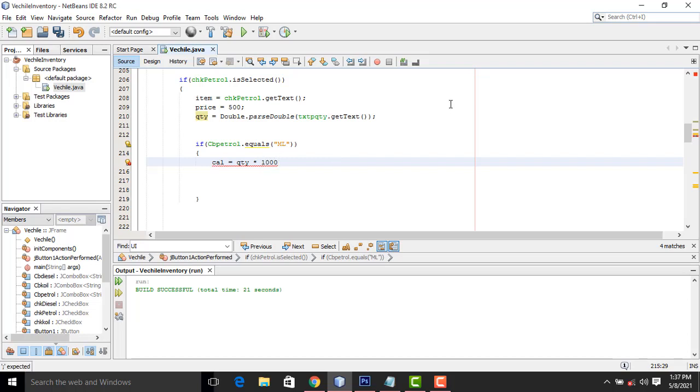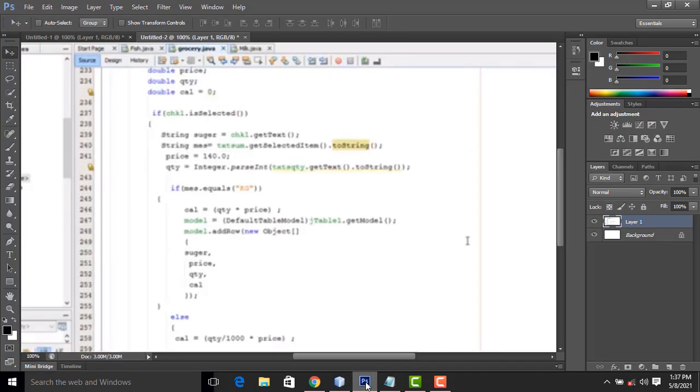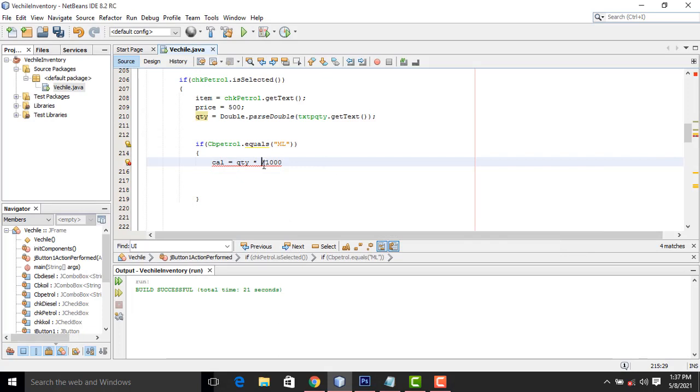Divide by the quantity 1000. You have to divide by 1000. Sorry, the quantity: the quantity you have to divide by is the price. Okay, this is the formula we have to use. What is the price? It will be multiplied by the quantity you are typing, and then divided by 1000. This is how the calculation works.